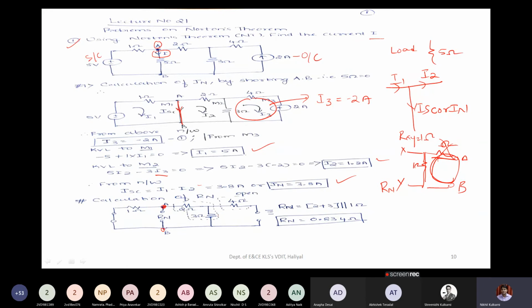If we discard that, what will happen? This end here to here will not be there. So what you get is 2 and 3 ohms in series, and that combination will be in parallel with 1 ohm. If you calculate that, you will get this. Yes, is that clear now, this concept? Are there any difficulties for you?